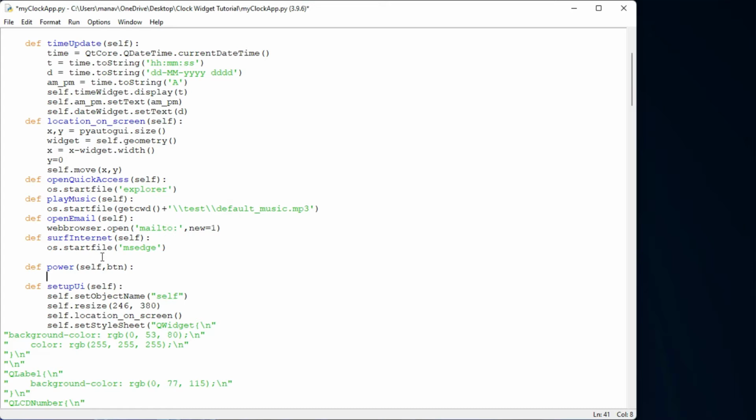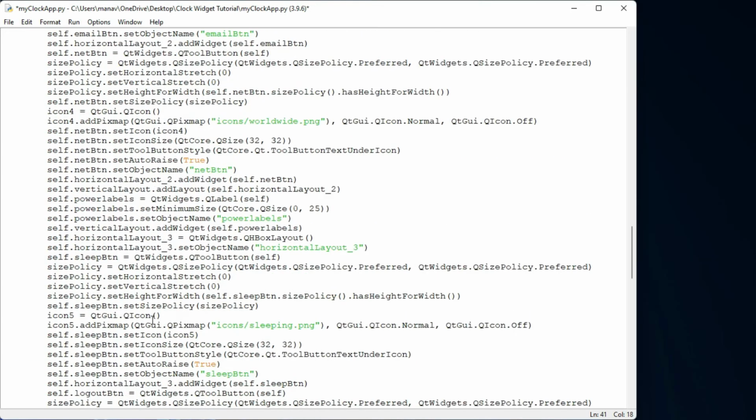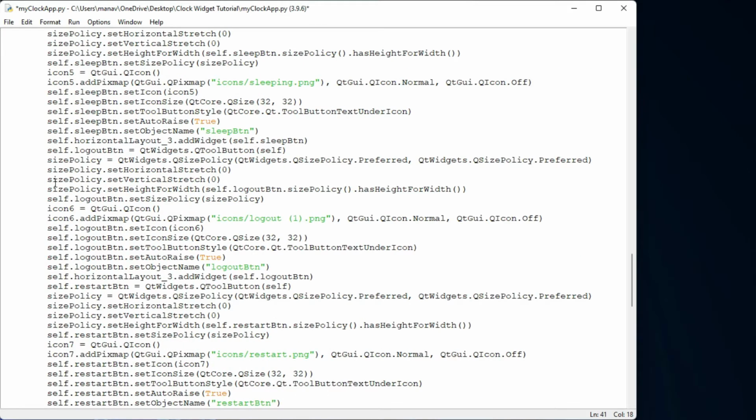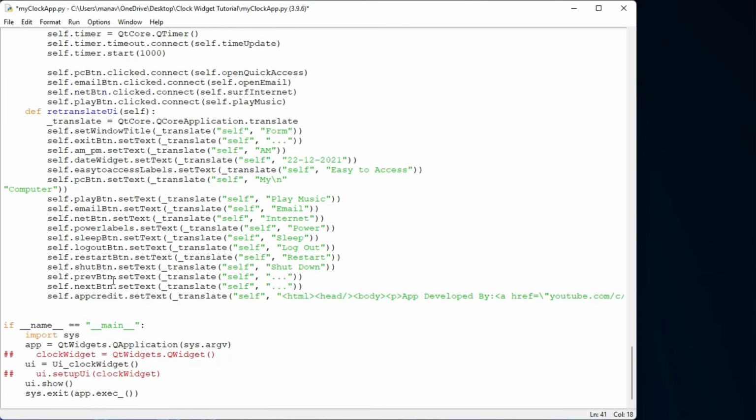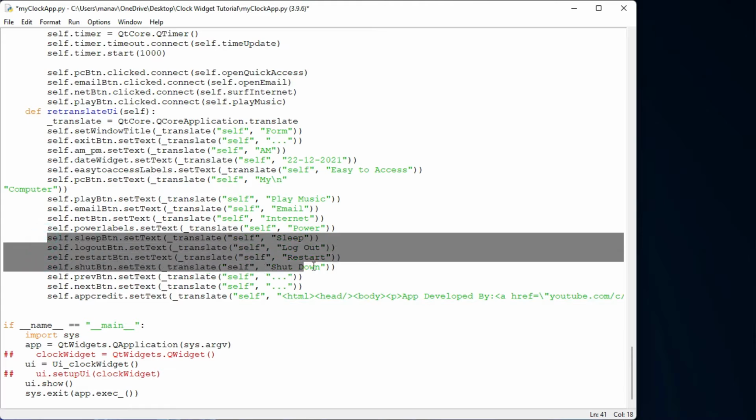So let me check first that if button is, let me call all the buttons here for reference, because it will confuse us what the button name is. I have logout button, restart button and sleep button like this, right? So I can access them from here: sleep button, logout button, restart button and shutdown button.